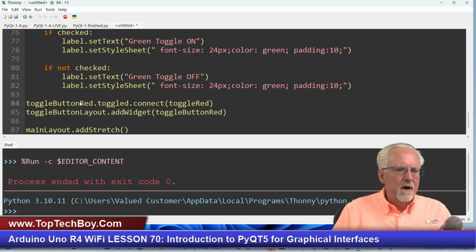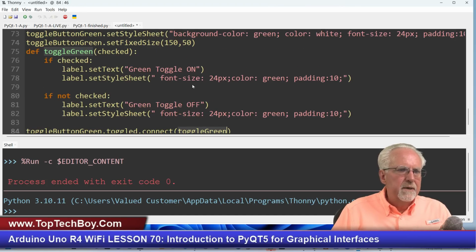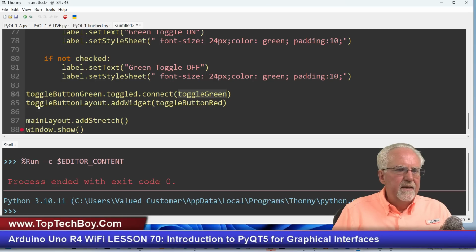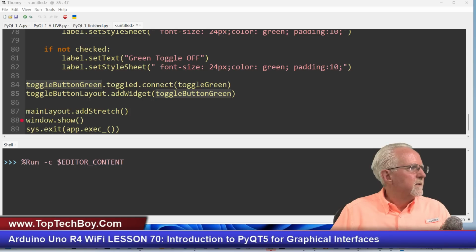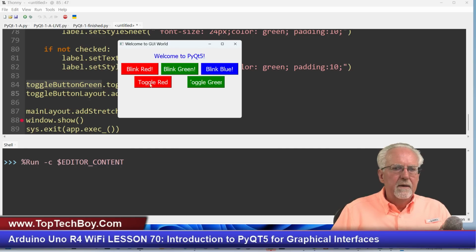And then we have the toggle button green that we are going to connect to toggle green. Let's make sure, yep, toggle green we did. And then the toggle button layout, we add this now green button, which is toggle button green, like that. Okay, now we should have two buttons this time. Okay, look at that. Toggle red, toggle is on, toggle is off, toggle is on, green toggle on, toggle green,